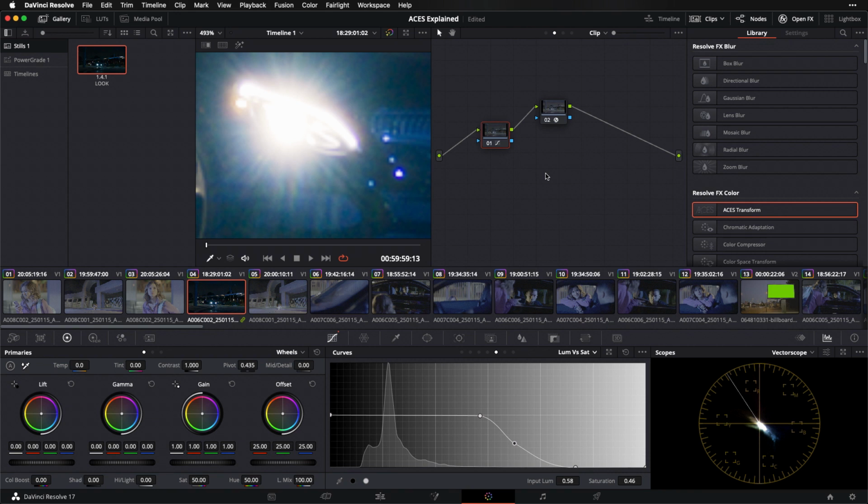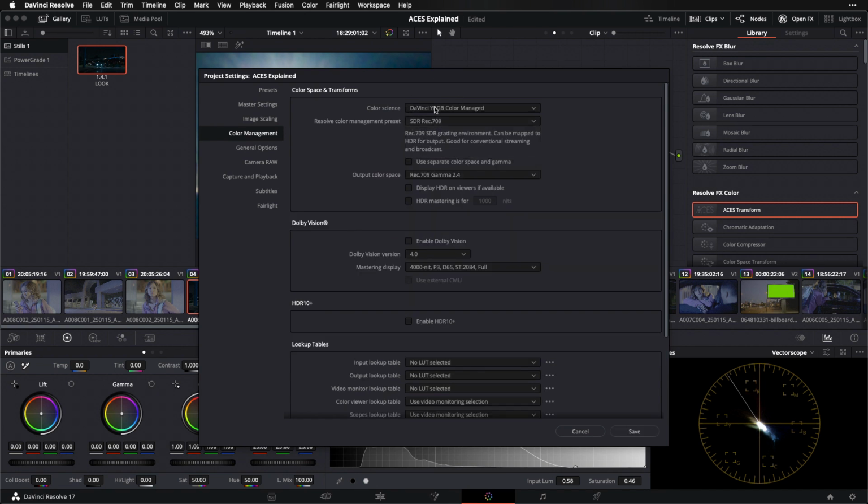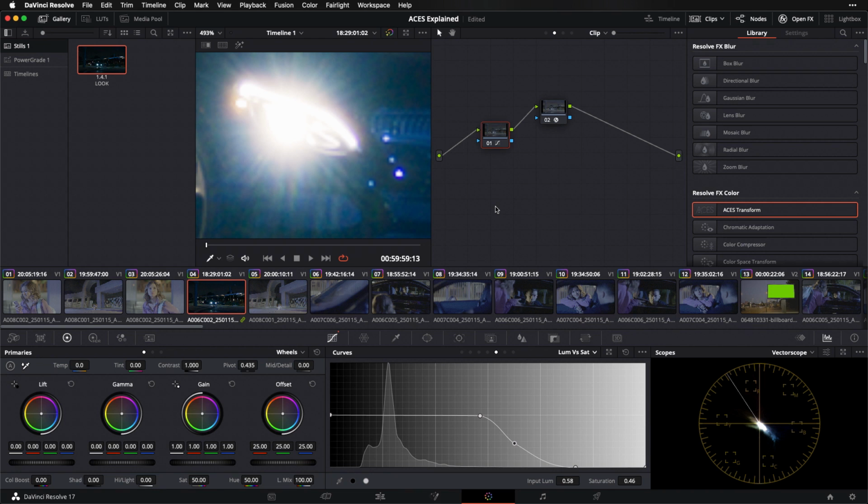And I also want to point out this is another advantage of doing your ACES workflow manually using nodes, because by default, if I were to set up this exact same color pipeline here in my project settings using my color science and going to ACES CCT, for example, and specifying input and output transforms, I would not have any access to my image upstream of the input transform or downstream of the output transform.